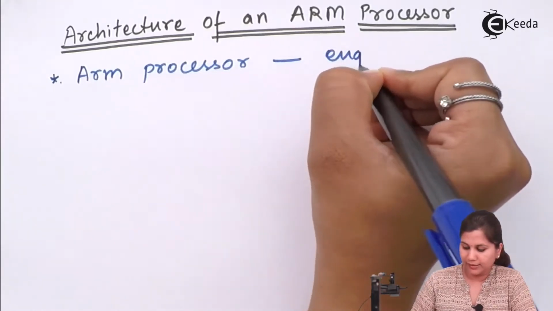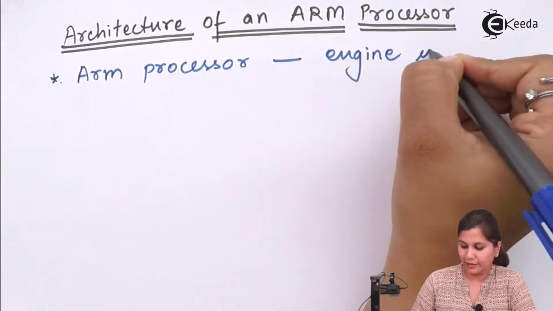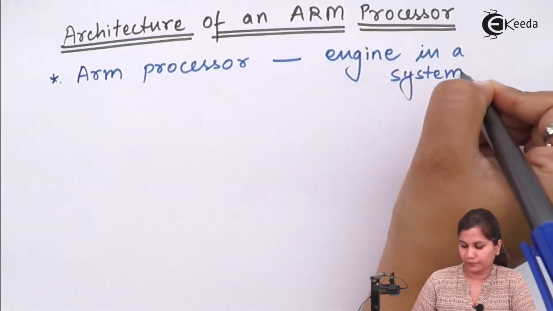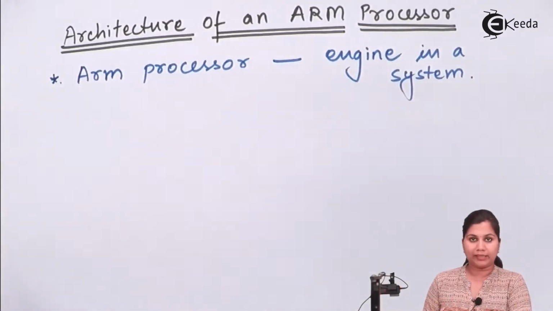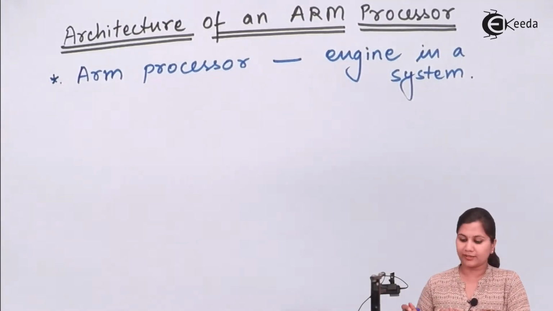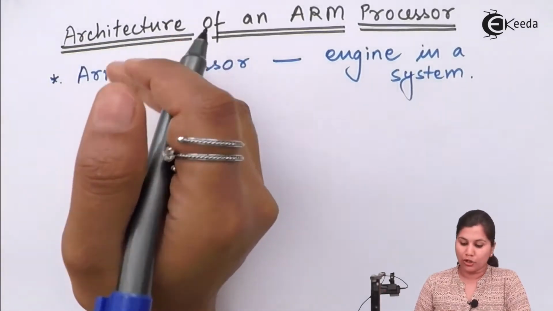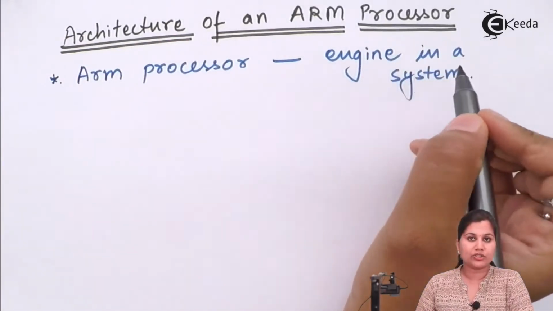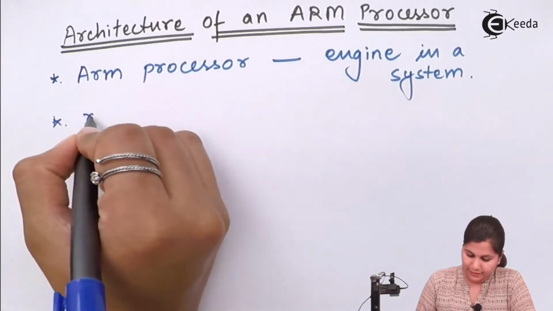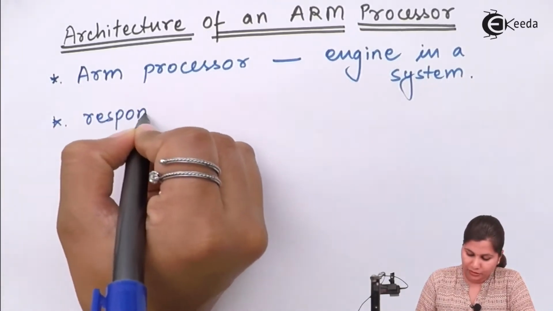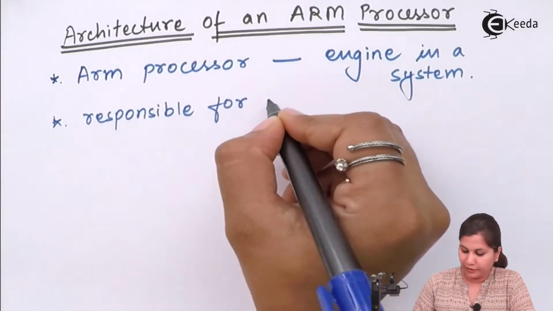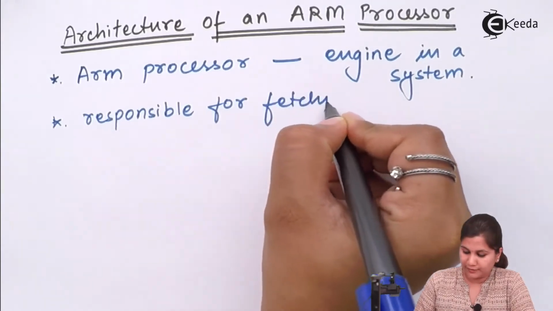It acts as an engine in a system. So in an embedded system, the main part is the processor, and the processor is the ARM processor. So this processor acts as an engine in a system. Why does it act as an engine? Because it is responsible for fetching of the instructions,